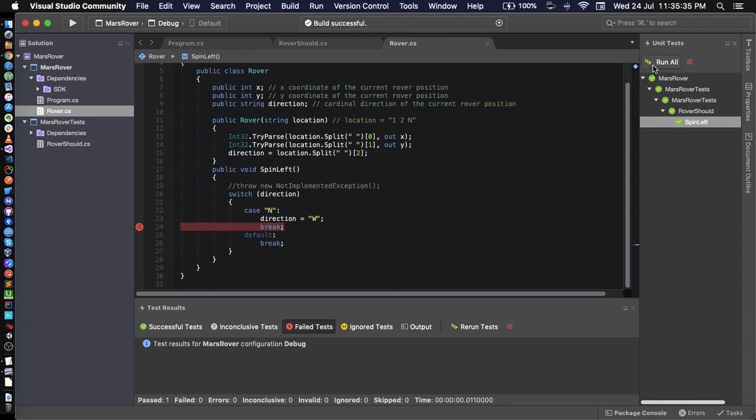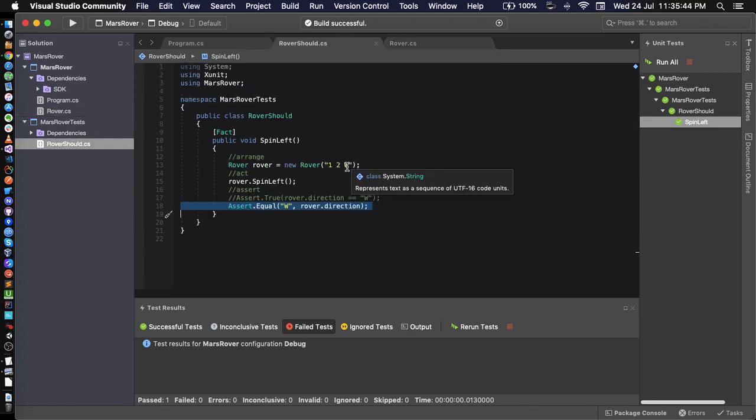Okay. Then if we run it, you know what? Let's not waste time on that. So let's do a 1 2 n. I said that equal w over the direction, and then